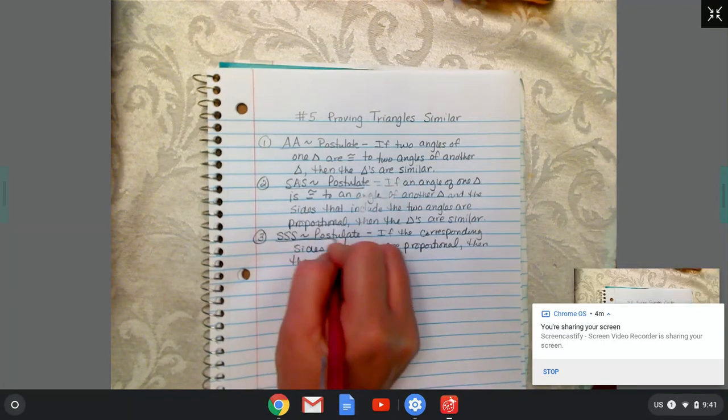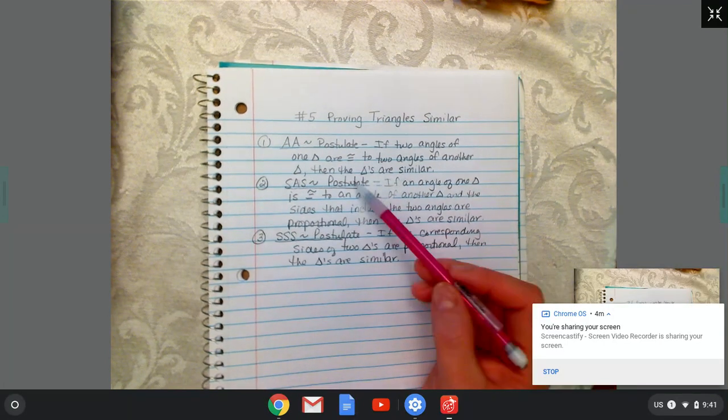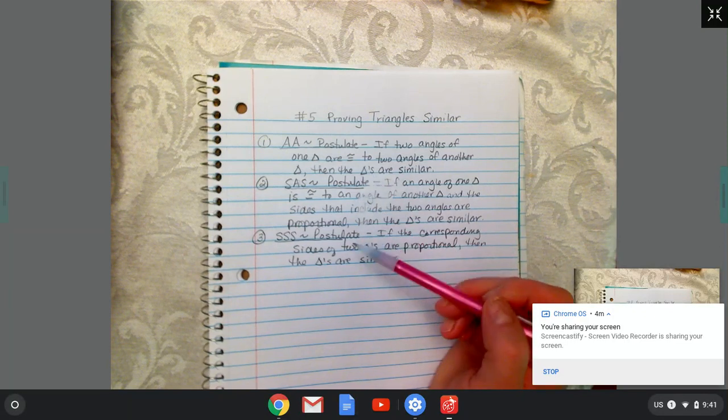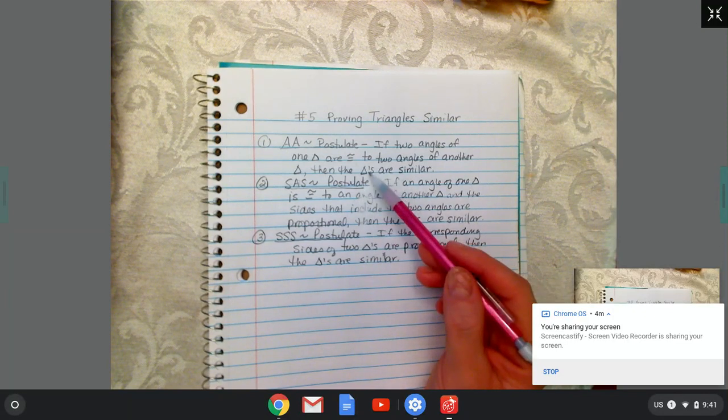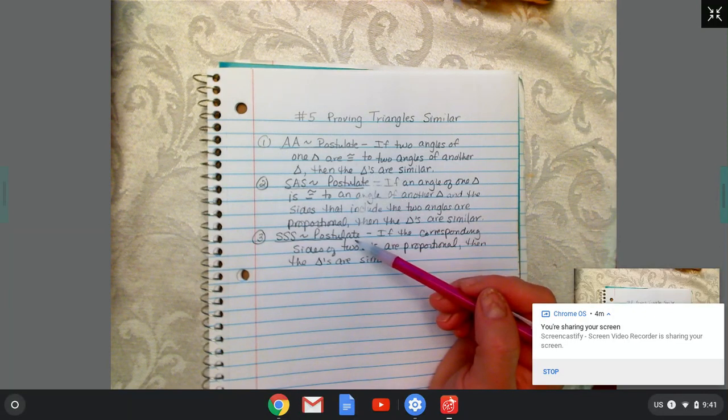So what we'll be doing today is deciding between these three shortcuts, writing similarity statements, and checking that